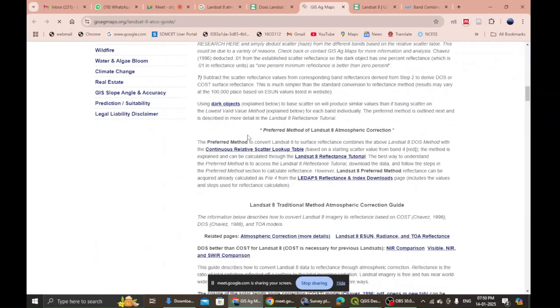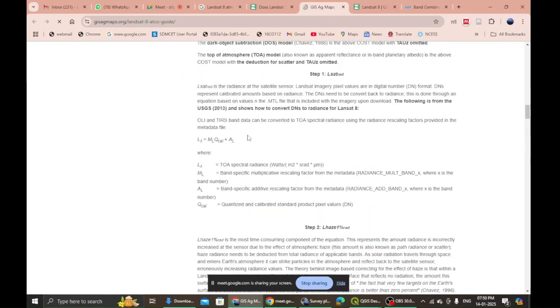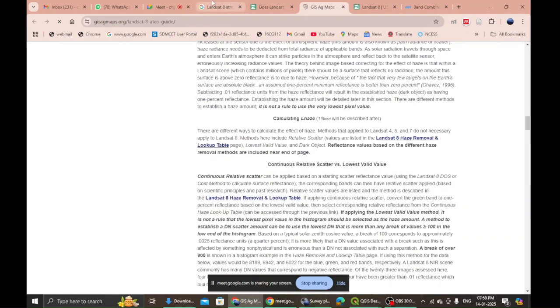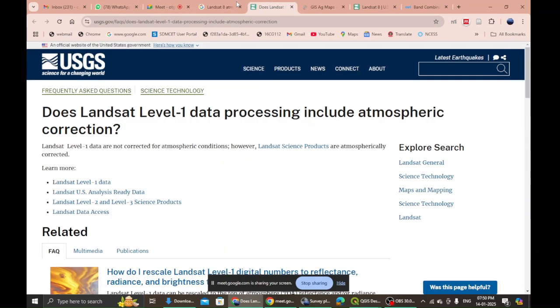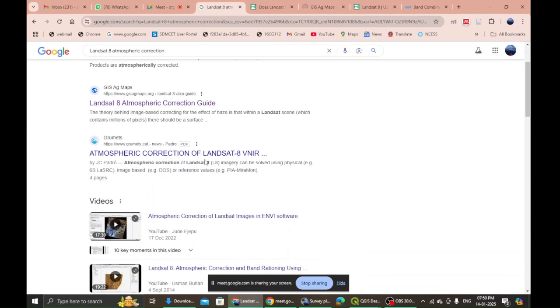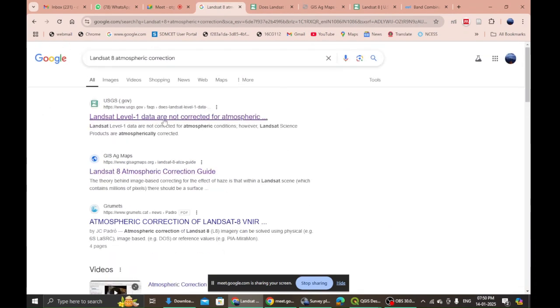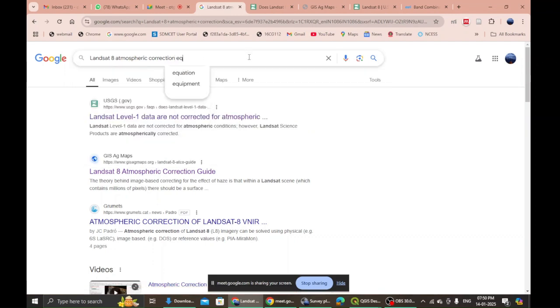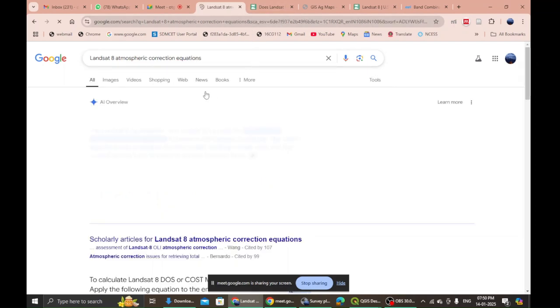Surface reflectance. And all that will tell me. Equations.